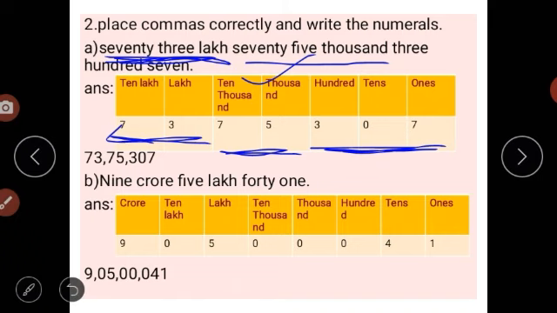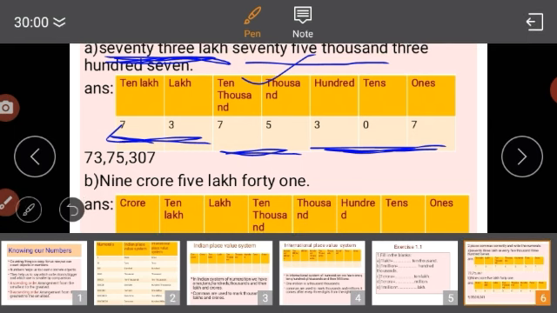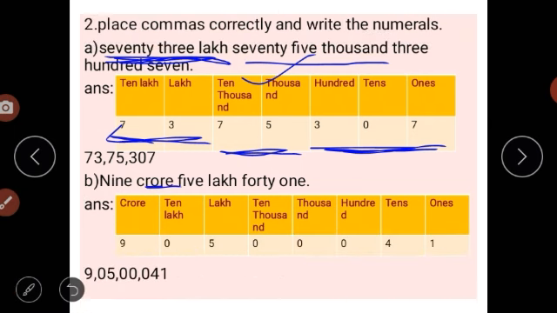That's why again we have taken a column here that belongs to the Indian place value system, and here itself in the question it is saying crore. That's why we have taken the values up to crores in the table. So here how many crores we have? 9 crores. That's why in the column belonging to crores, what have we written? 9. After that, how many lakhs we have? 5 lakhs. So here we have 5 lakhs only. That's why in the place of 10 lakh we are writing 0.